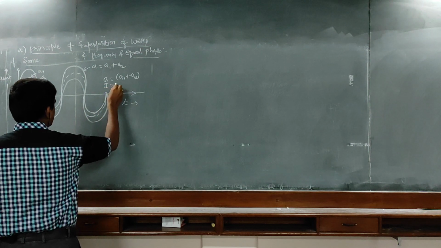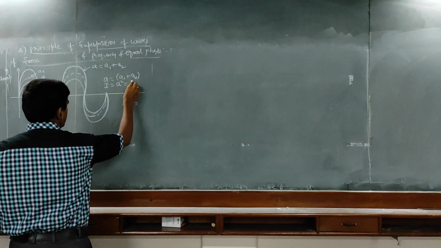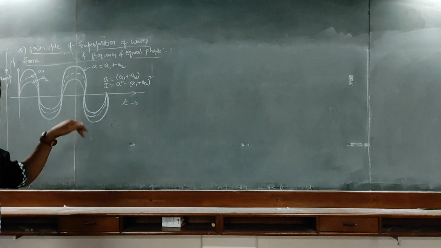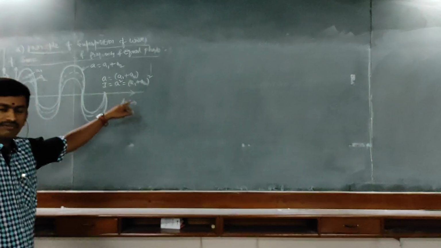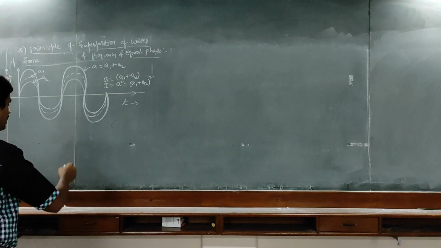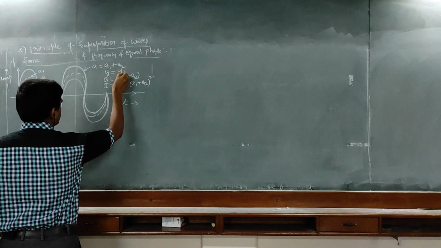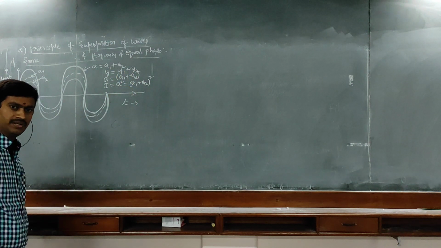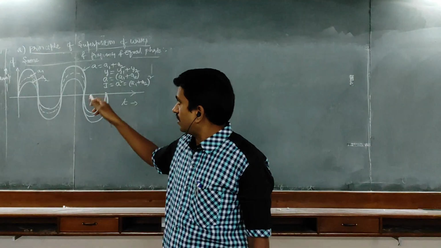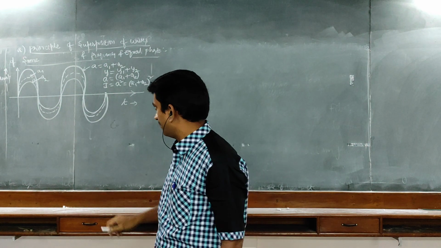Similarly, intensity is given by, we know the relation, intensity is square of amplitude, hence A square, which is given by (A1 plus A2) whole square. If there are more than two waves, then we have (A1 plus A2 plus A3 and so on) whole square. This is regarding the amplitude and intensity. Now coming to the displacement. Displacement is given by y equal to y1 plus y2 and so on if any more waves are there. This is regarding case 1, that is superposition of waves of same frequency and same phase.